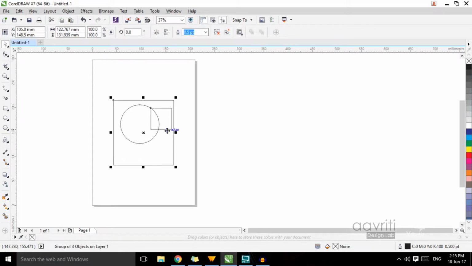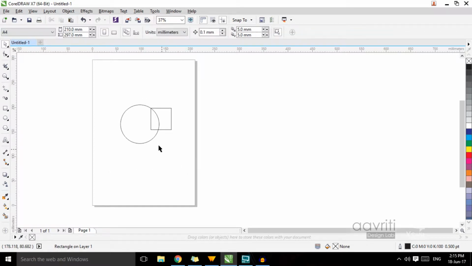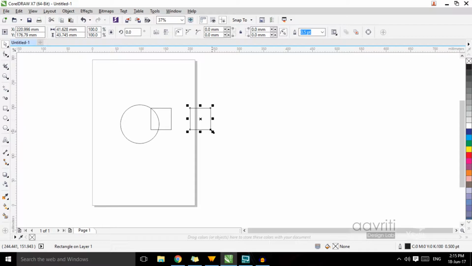Distribution simply means arranging the objects uniformly. Okay, so I'll say Ctrl U to break it up, to ungroup it first, and then let's just get rid of this, and I'll make a couple more objects here,